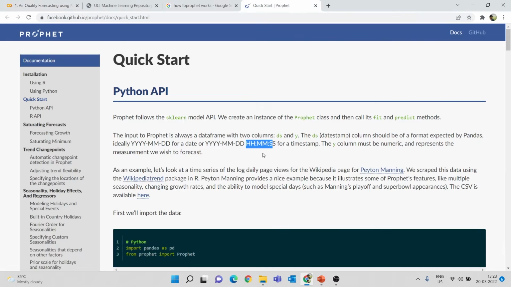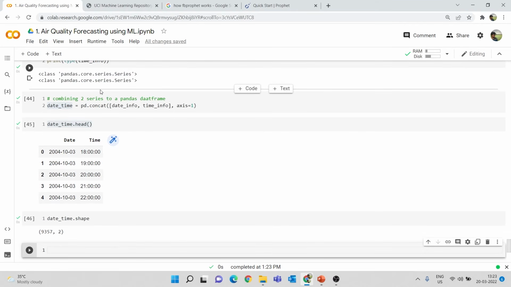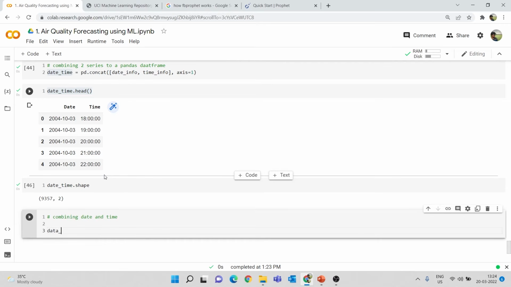There is one more thing that we have to do. It should not be present in two columns. The date information and the time information should be combined together, and it should be present in a column named ds. So the next step will be combining these two columns. Previously we created a DataFrame with these two columns, and now I'm going to convert them into one single column. I'll comment this as combining date and time. How we can do this is datetime['ds']. I'm creating a new column in this datetime DataFrame as ds, and after that I'm going to mention datetime